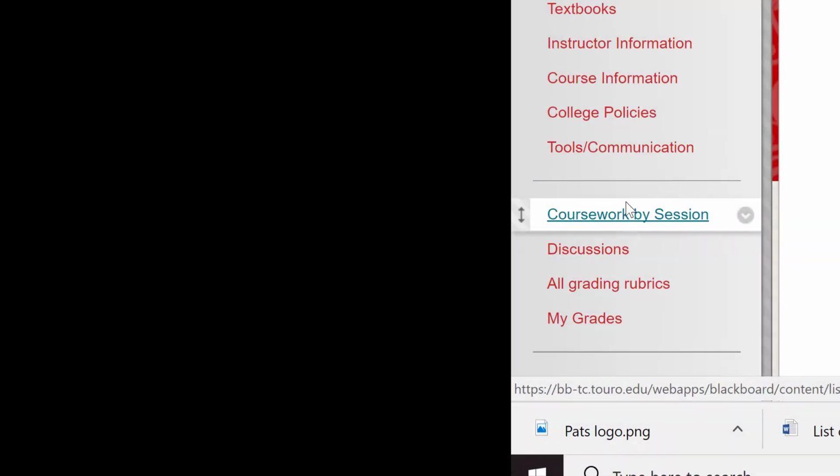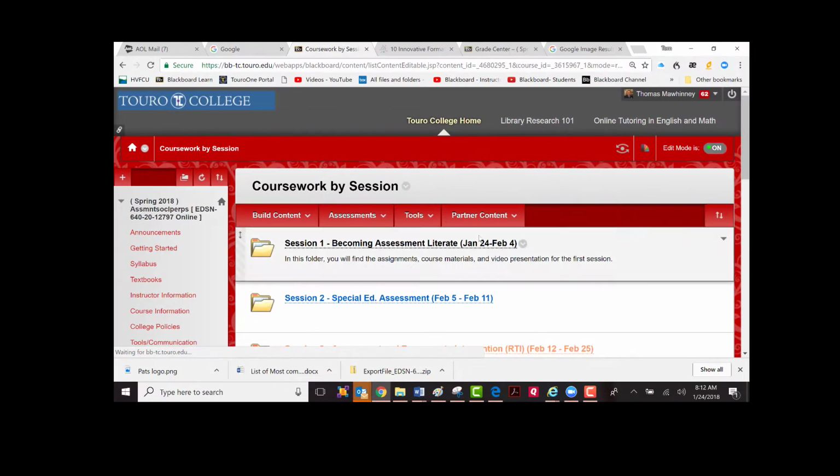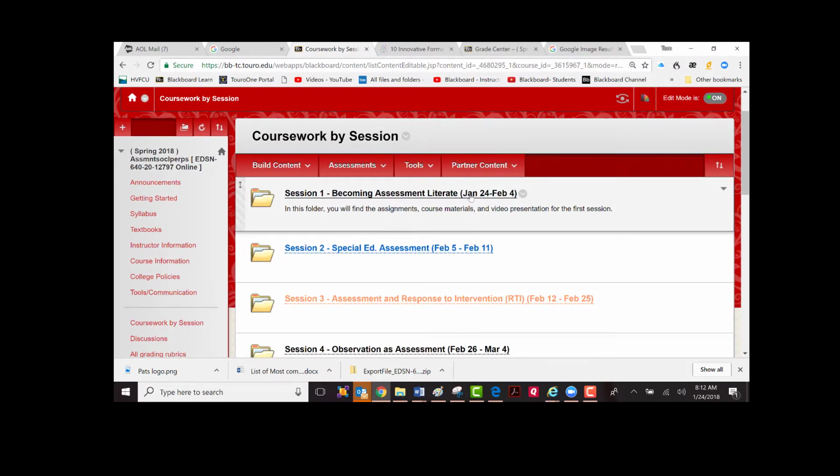Number 3, click on Coursework by Session in the left-hand menu and begin work in Session 1. And I mentioned this already in my welcome memo, but I'll go through it again. If you go into Coursework by Session, that's where you'll start every session. You'll see I have the date, January 24th to February 4th, so you have about a week and a half